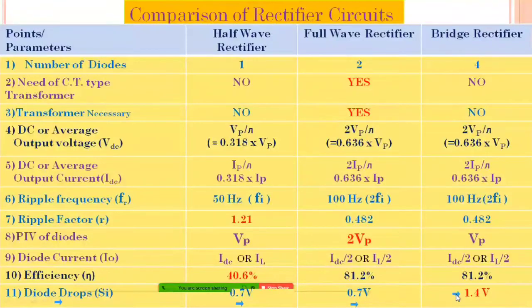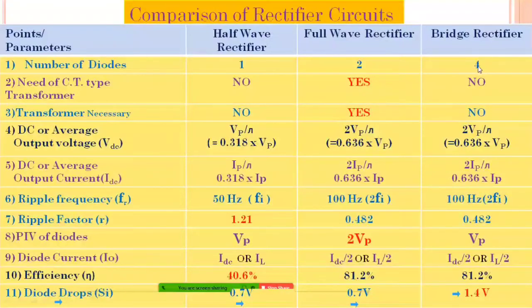But in case of the bridge rectifier circuit, unlike half wave or full wave, we find there are at least two diodes that come in series at a time, in either the positive or negative half cycle. Therefore, across them the sum of voltage, 0.7 plus 0.7, a total of 1.4 volt, drops and the remaining comes at output. This is the only major drawback of the bridge rectifier circuit.